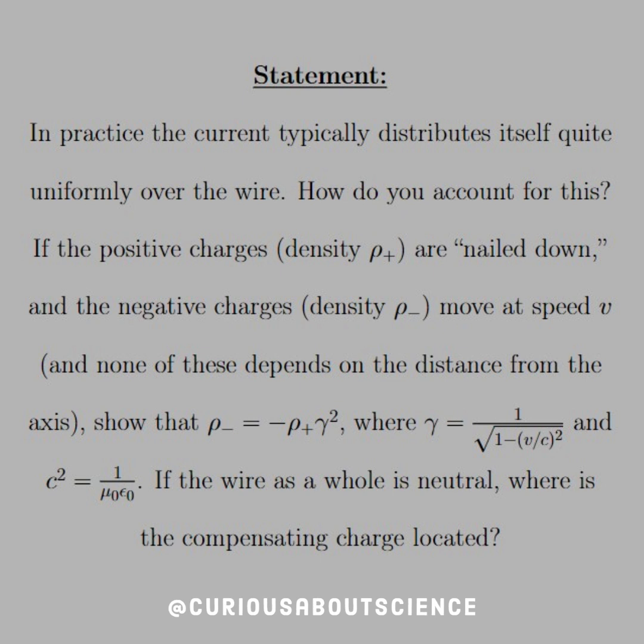If the positive charges, density rho plus, are nailed down, and the negative charges, density rho minus, move at speed v, and none of these depend on the distance from the axis, show that rho negative equals negative rho positive gamma squared, where gamma is equal to 1 over the square root of 1 minus v squared divided by c squared. And we know that c squared is equal to 1 over mu naught epsilon naught. This gamma factor should look familiar, especially if you're interested in relativity. So if the wire as a whole is neutral, where are the compensating charges